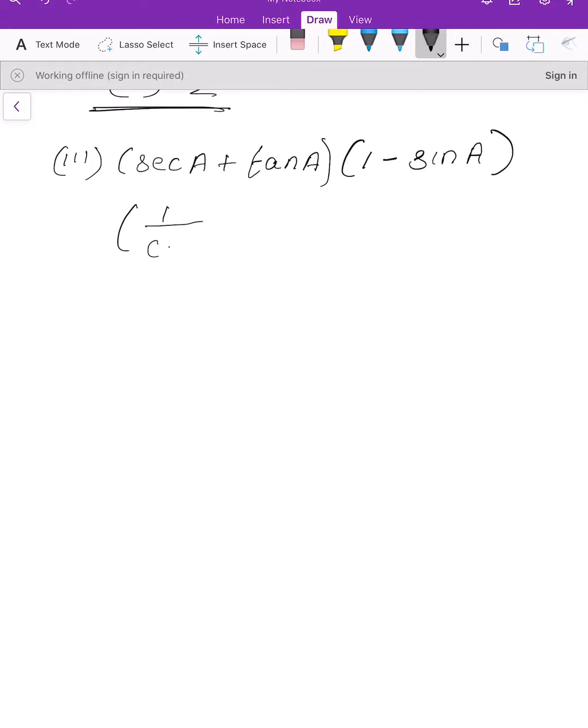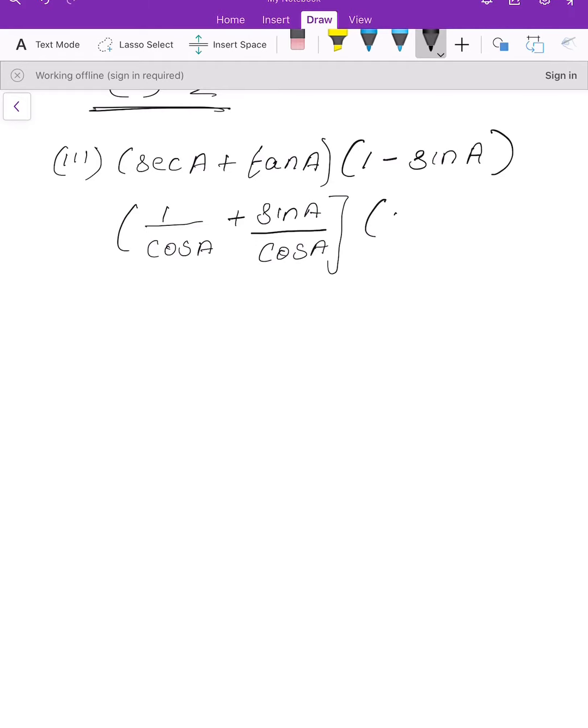The third subdivision from the fourth sum from exercise 8.4. What is our third subdivision? Secant A plus tan A, I can use anything, that's why I'm saying theta, by 1 minus sin A. Even here, I'll try to write everything in sin and cos. So secant A is 1 by cos A. Tan is sin A by cos A.